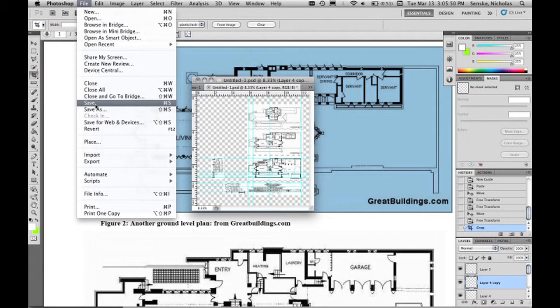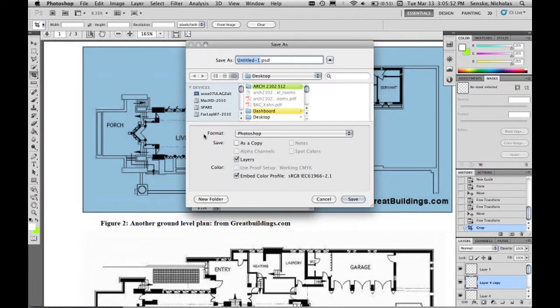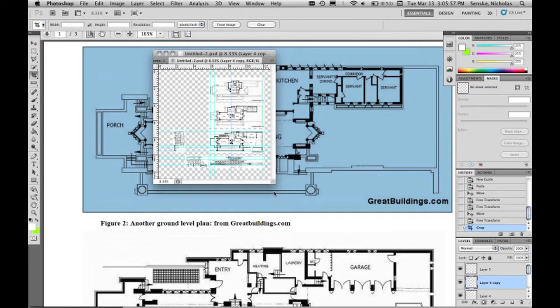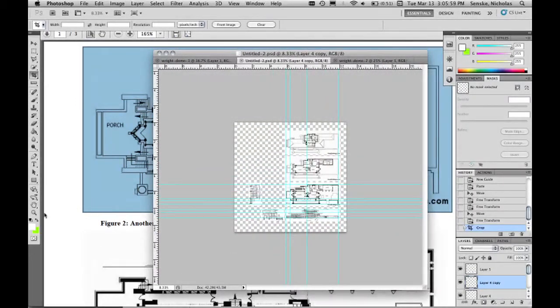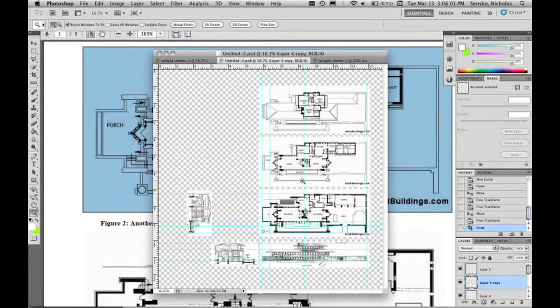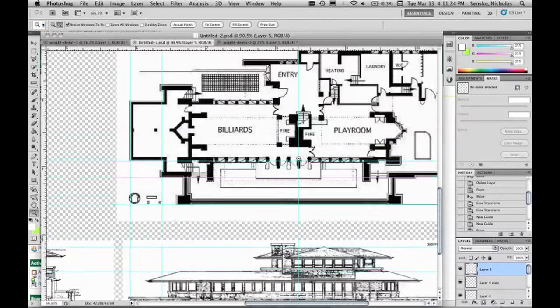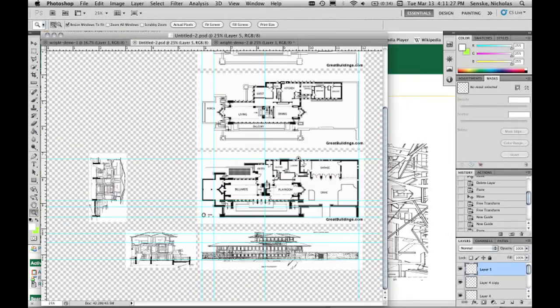And then I'm going to go ahead and save a copy of this again. And now it's time to look at scaling these things to a known scale. Okay, so once you've got the drawings coordinated with each other, so everything is relatively lined up, scales pretty similar,